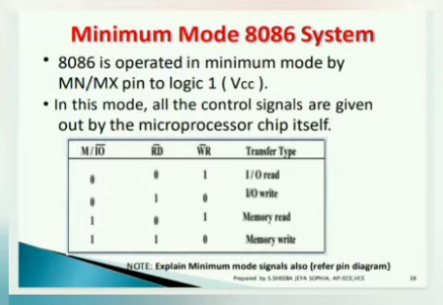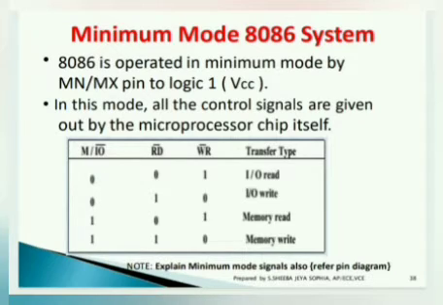You can see clearly in this tabulation that 3 pins are used to indicate data transfer and control: memory or input output, read and write, and it refers to the transfer type also. You can see this transfer type, IO read. IO read means which pin is going to be active? Of course, input output. So by giving 0, that pin will be active. Since IO bar is mentioned in this pin configuration, by giving a low signal, that pin will be active. And read also by giving a low signal, since our operation is IO read.